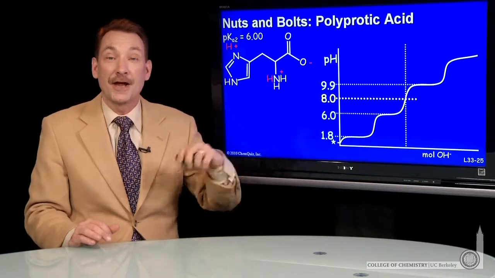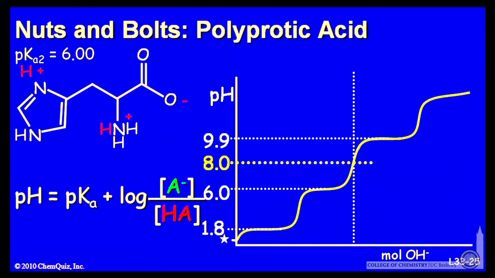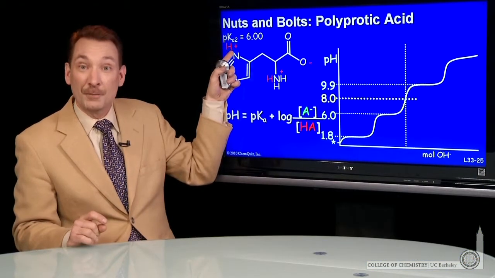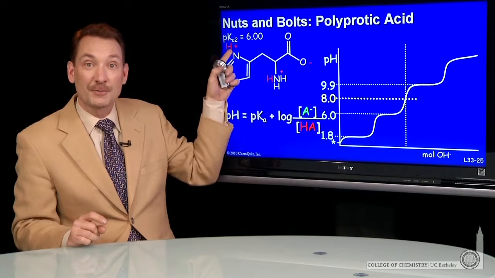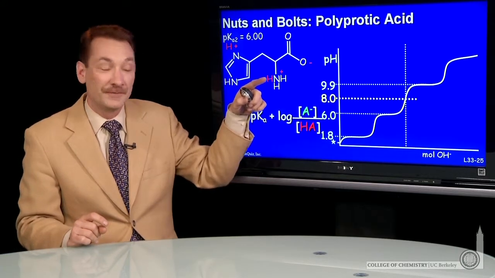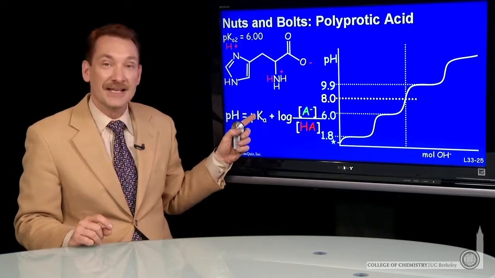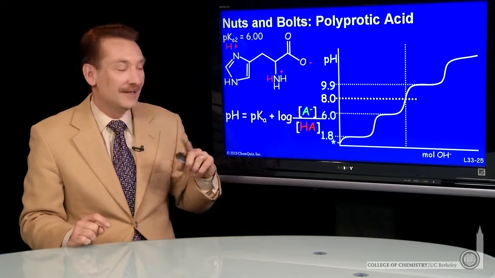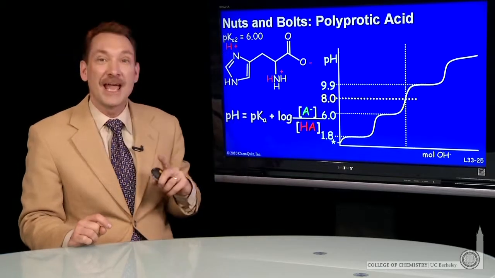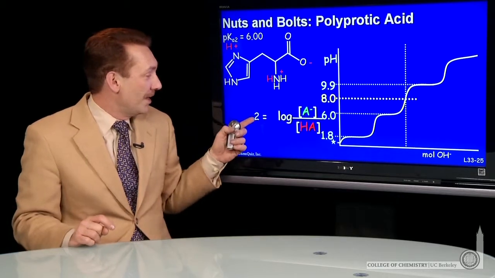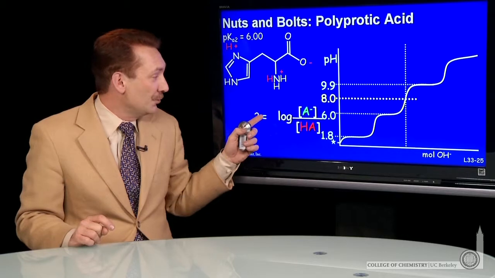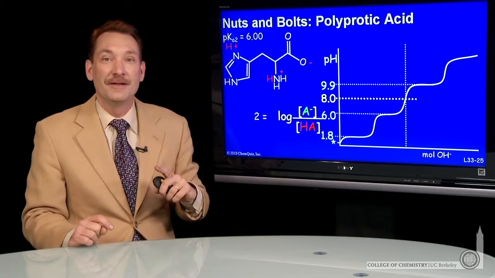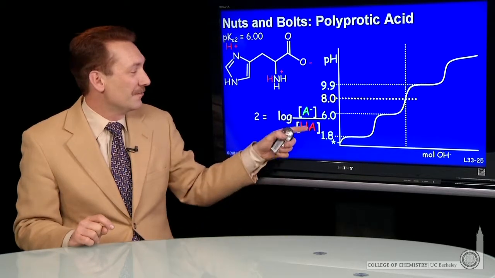And we can rely on our Henderson-Hasselbalch expression to look at that. So we'll look at the Henderson-Hasselbalch. The two forms in solution will be the protonated and unprotonated form here. This proton either attached or removed. The pKa is 6 for that, but we're at pH 8, so the difference between pH and pKa is 2. So the difference is 2, so 2 has to be the log of this concentration ratio.